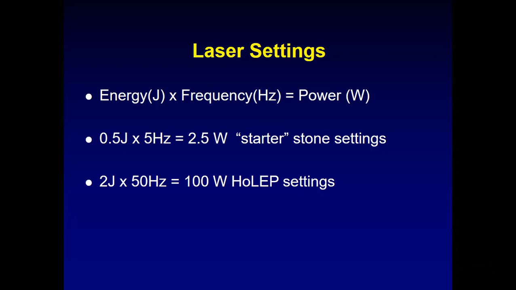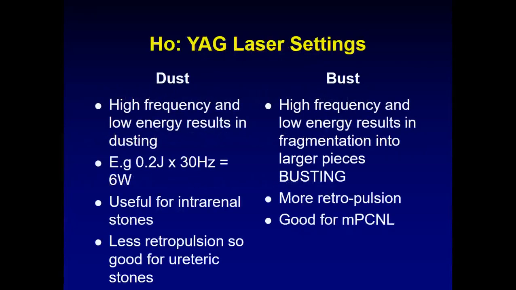For the prostate, we need 100 watt settings. And for stone, we can go to 15 maximum. Starter setting is 2.5 watts: 0.5 joules into 5 hertz equals 2.5 watts. But you can extend it to 15. A few people use 17 as well. We'll be showing you the